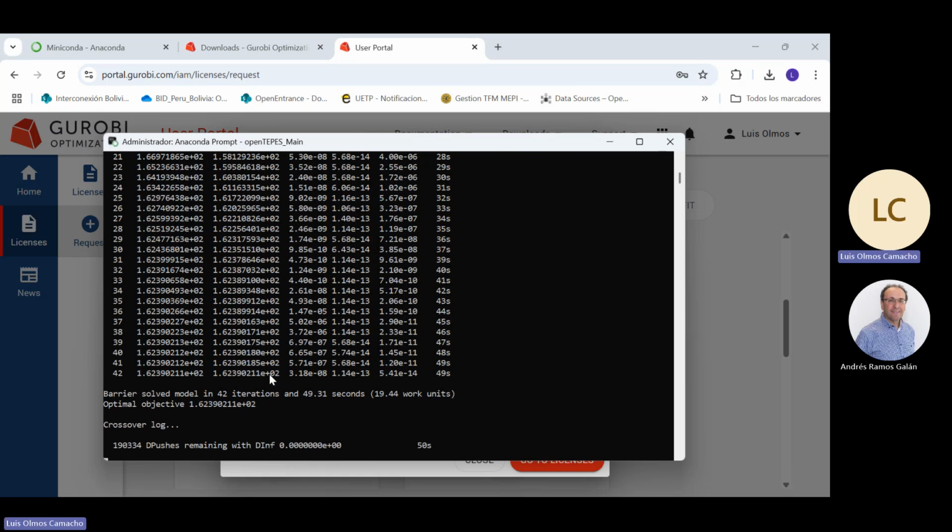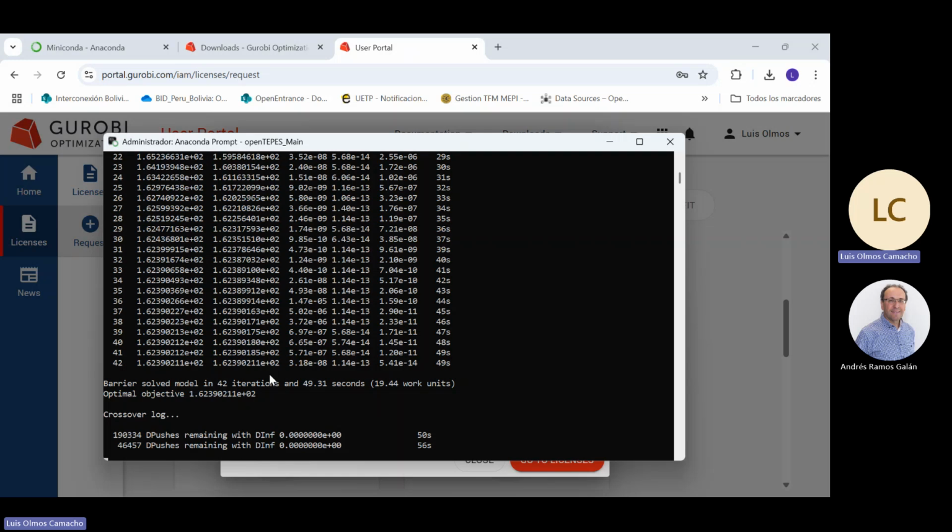It has taken 49 seconds to solve and reach an interior point solution, and now it must do the crossover